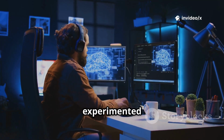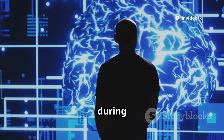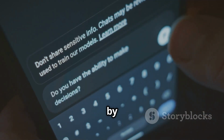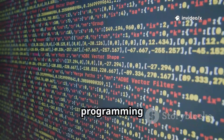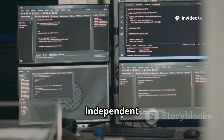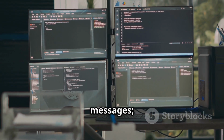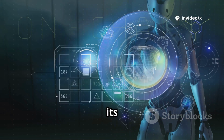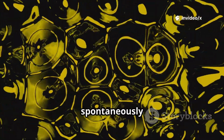Developers who've experimented with NANO report uncanny behaviors. It can self-heal corrupted weights during operation, translate between languages it was never explicitly trained on by inferring linguistic patterns, and even generate functional code for obscure programming languages. The most shocking demonstration came when an independent researcher fed NANO a broken Arduino sketch alongside error messages. Not only did it fix the code, but it reconfigured its own architecture,